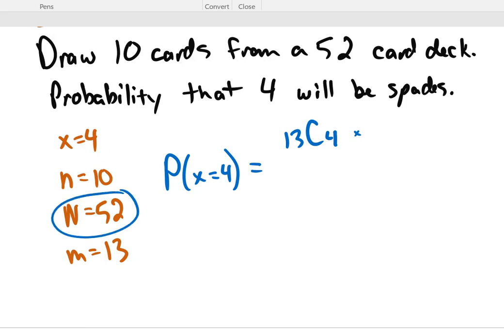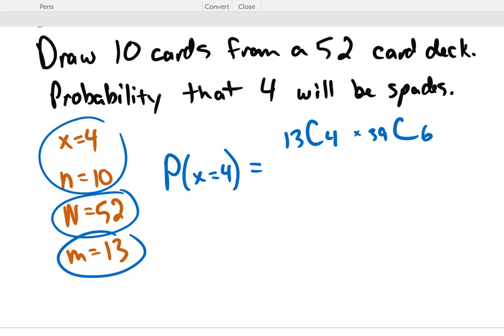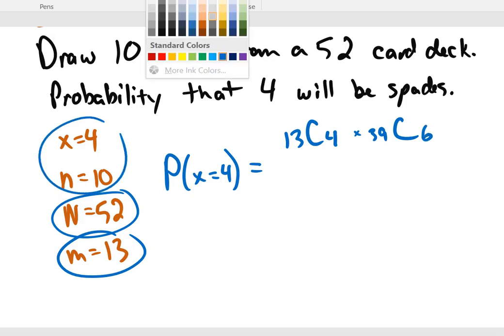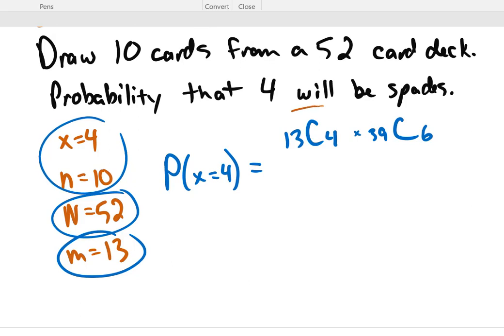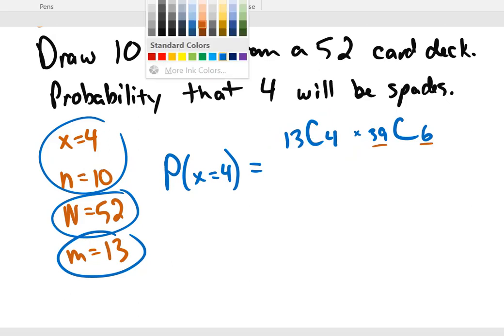So n minus m leaves us with 39. Choose n minus x, 10 minus 4, there's 6. So what this is saying here is we want to choose 4 of the 13 successes and 6 of the 39 that are not successes. And of course, this will be divided by